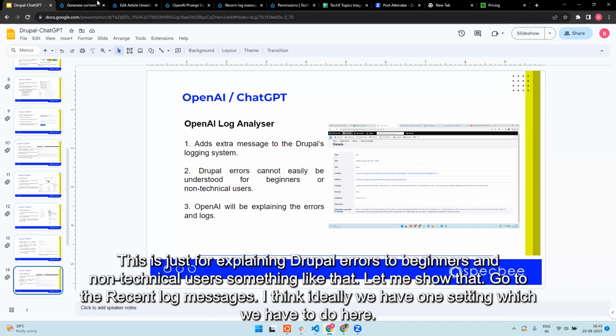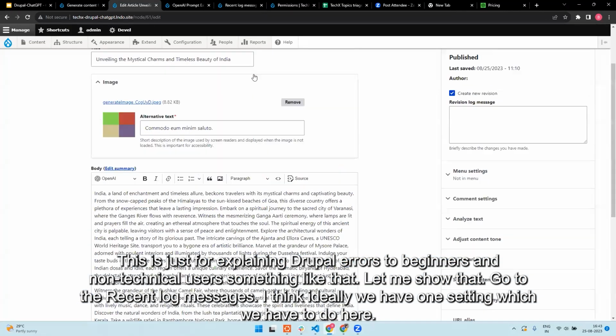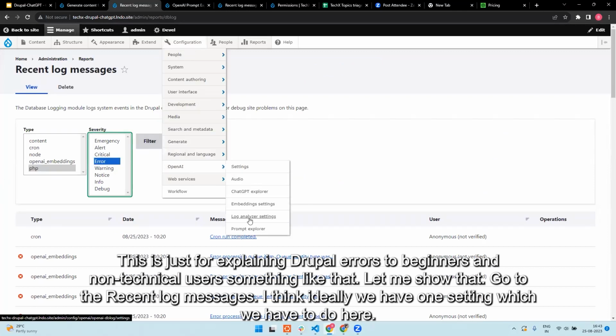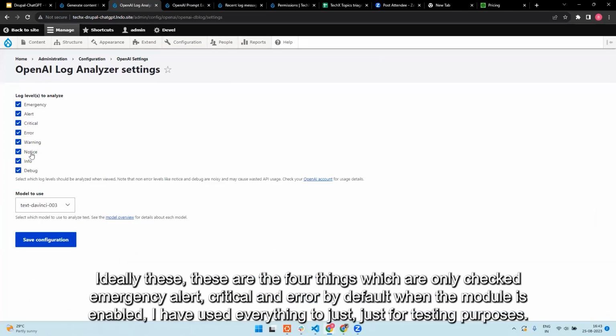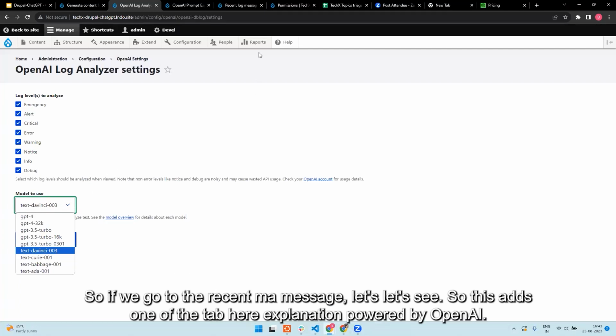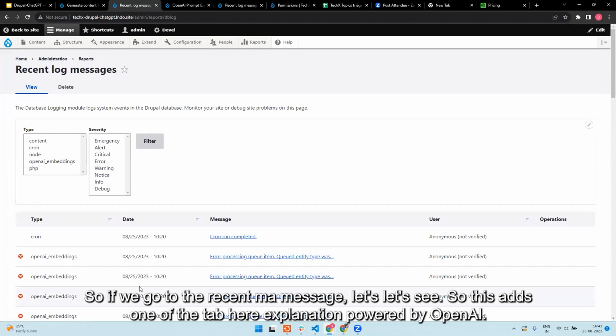Let me show that. Go to the recent log messages. I think ideally we have one setting which we have to do here. These are the four things which are checked by default when the module is enabled: emergency, alert, critical, and error. I have used everything just for testing purposes. Again, there are a lot of models here which we can use, and we can save that. Based on that, the output gets generated. So if we go to the recent log message,